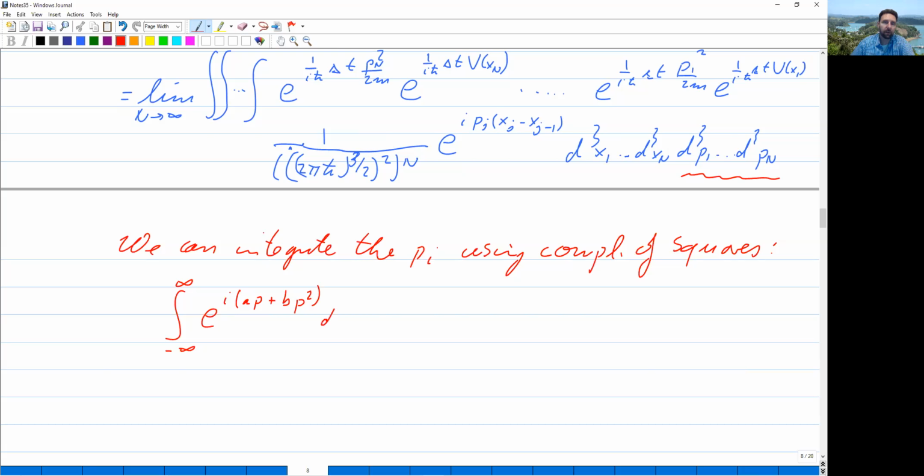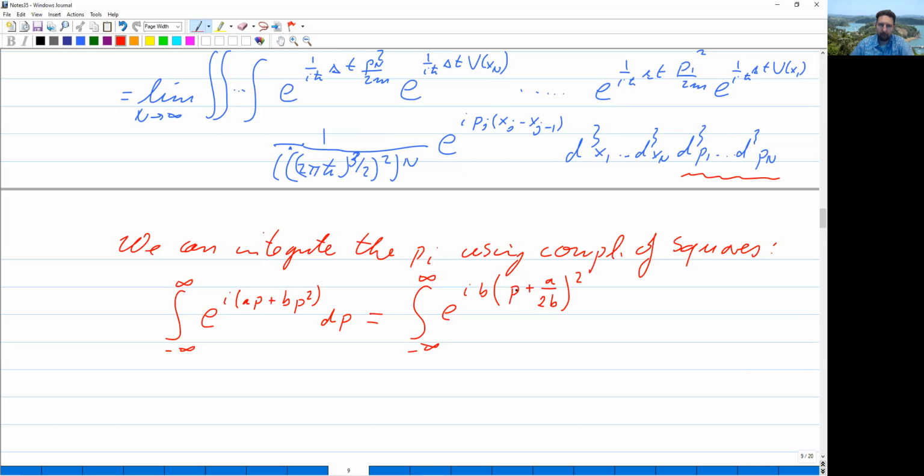And how do we evaluate an integral like this? Well, we complete the square. We write this as an integral from minus infinity to infinity, and then it's e to the power of i times b, and then check what I'm doing here, plus a over 2b squared. If we write this, we definitely get the ibp² term. We also get the linear term iap, because we get ib